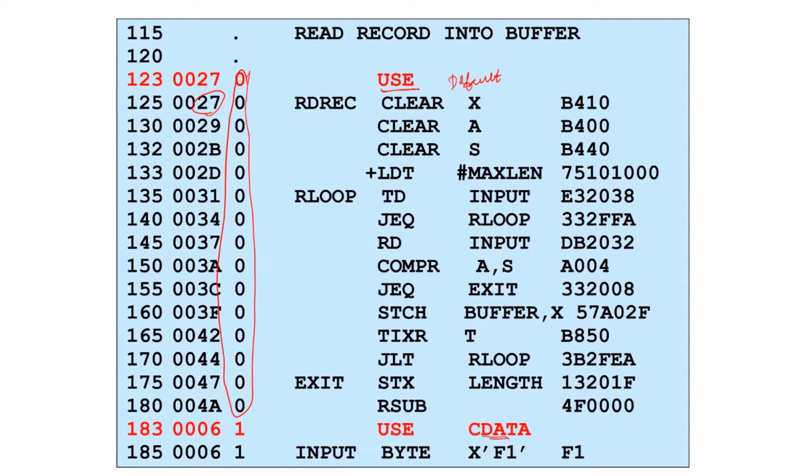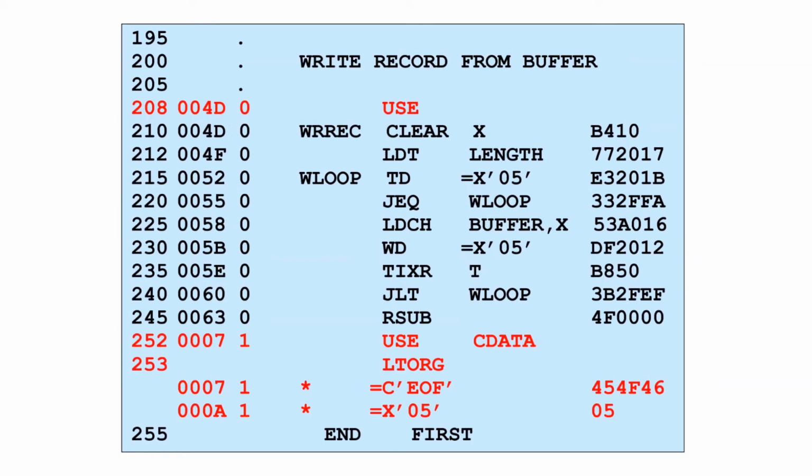Next, when it is C data, there was 0, 0, 0, 3, 3, 4 and 5. So the next one should start from 6. So when you are using blocks, and when the blocks come again and again in the program, the address will be the continuation of the previous one. Clear? So here again you have a use block. That means here it is default, and it's the continuation till 0, 0, 0, 0. Yes.